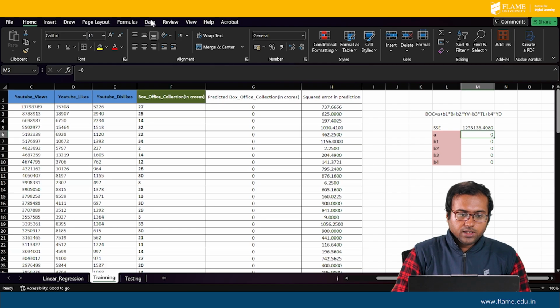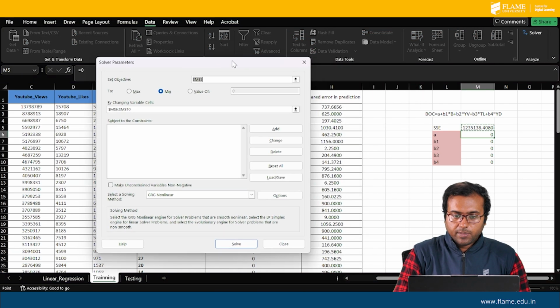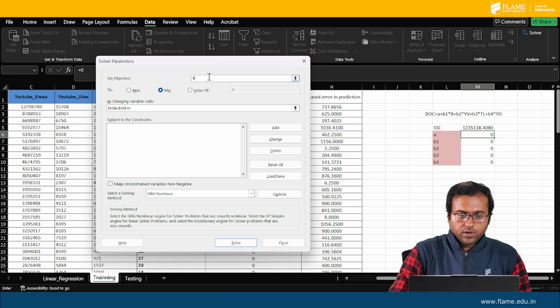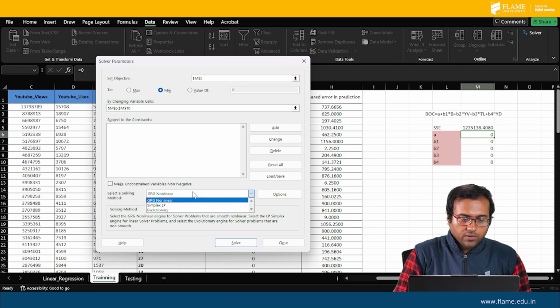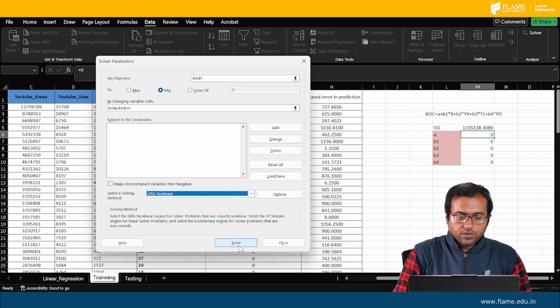Now we need that particular tool, the solver, to minimize this value. Here, for the first, set objective, you have to select the particular cell representing the SSE value. Next you have to select min, already it's selected, and you select the variable cells by changing them. So basically we are trying to tune this A, B1, B2, B3, B4 value to get a minimum value of this SSE. So we have to select all these variables. Now always make sure that this box is unchecked, as you have to make these coefficient values unconstrained, and in the solver you have to consider the nonlinear solver. And if you click on solve,